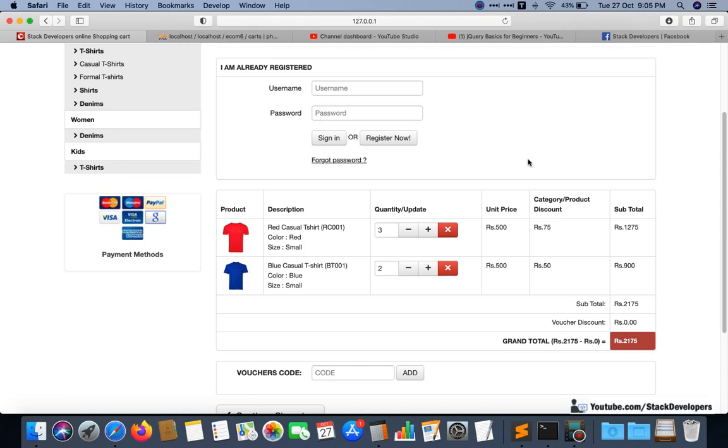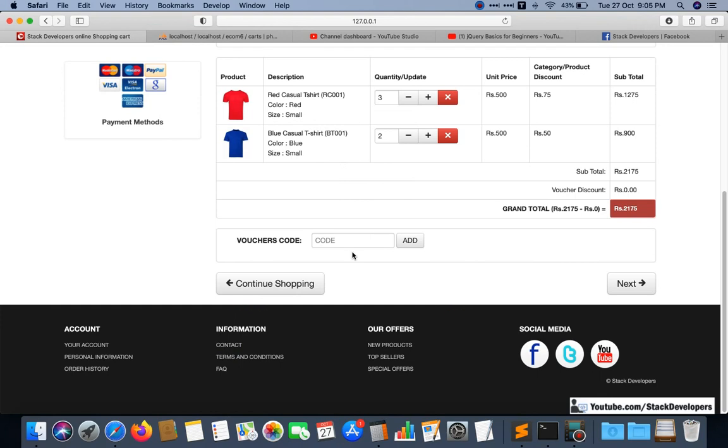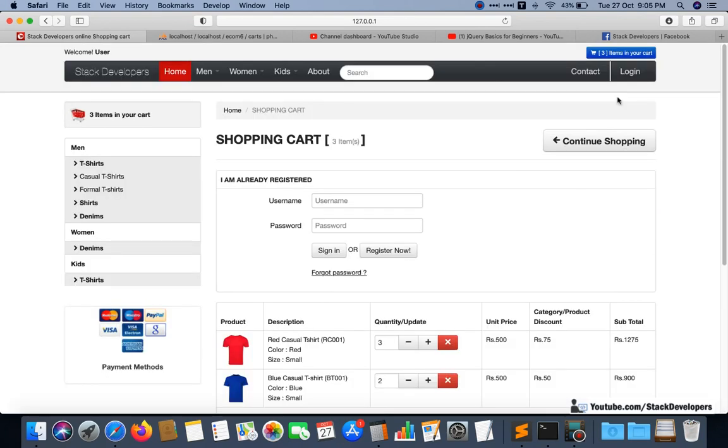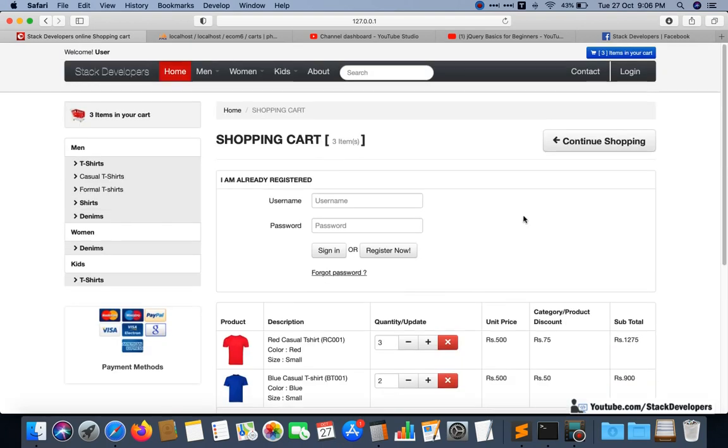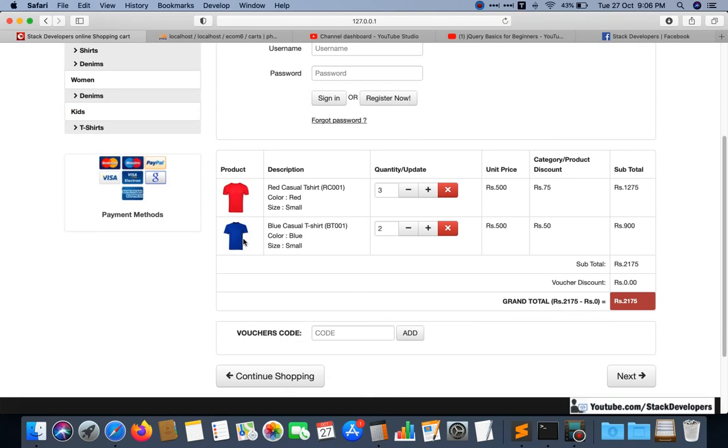After that we will start working on vouchers, but before voucher we will do the user functionality, because a voucher can only be availed if the user is logged in, otherwise the voucher can't be availed. So we will start working on the front users that we will use with the default auth. Okay, so we will work on the login and register after finishing this card item part. Okay, but in the next video we are going to work on this delete functionality with the help of Ajax as well.